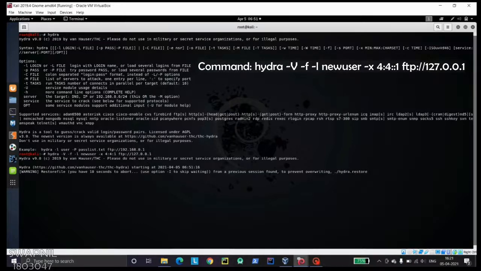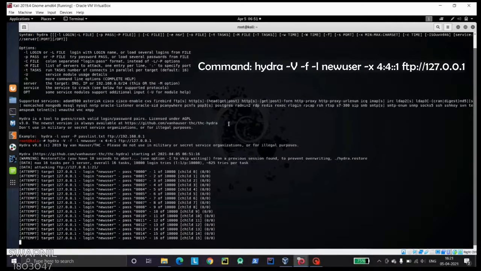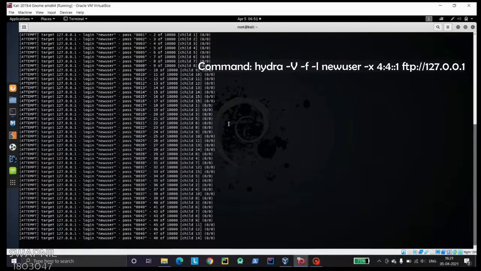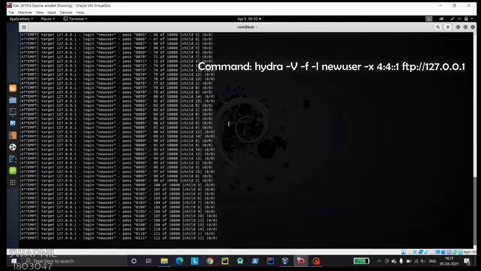Now here we will see that the Hydra is using the brute force attack in order to guess the password. Here we can see that the Hydra is continuously making one or more passwords and then authenticating them with the user, that is newuser.